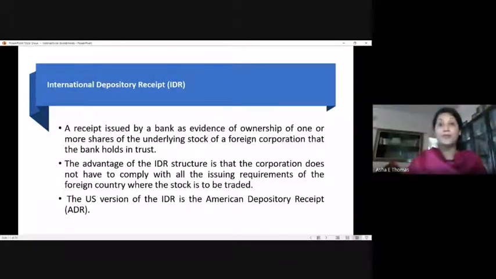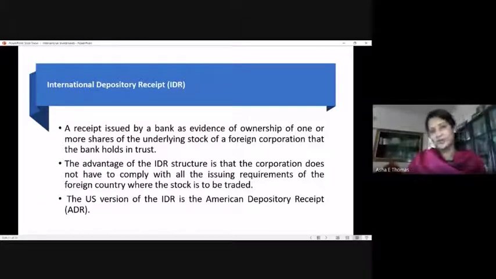It will be a bundle. Suppose I want to invest in one company, it may contain, say, 20 shares of one company bundled together into one instrument called ADR, one unit. So this is one unit, but this will be a group of shares, bundled, right? So that is one good example of an international depository receipt. Same as the case, it can be a global depository receipt also.